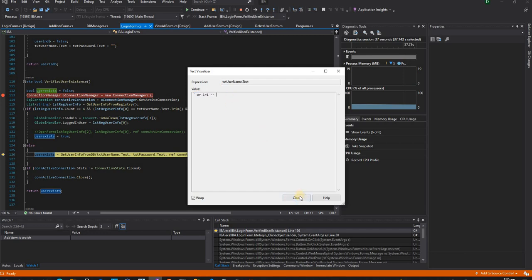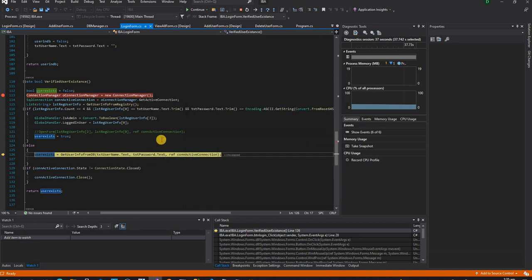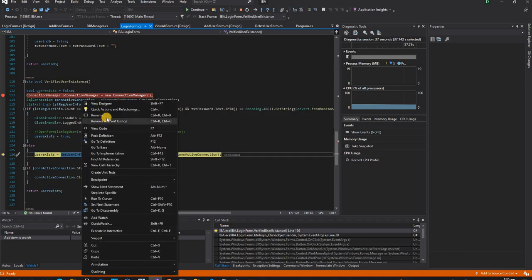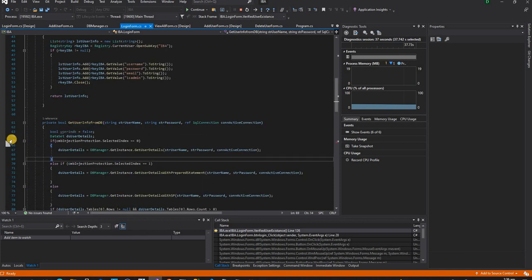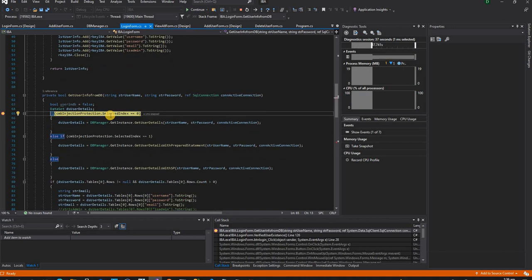So as per the application logic, now it goes to the DB server. So now we have to go to this function to check what's happening here. I'm just continuing this, and it comes here,